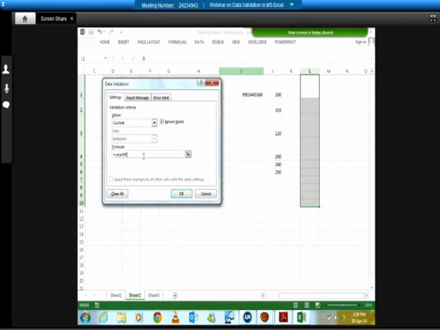So first thing is on which I want to check my criteria. So this is my range L1 to L10. Because over here I want to see how many times a particular data is repeated. I want to control it. Comma, what would be my criteria? Duplicate values cannot be a criteria. What can be the criteria?